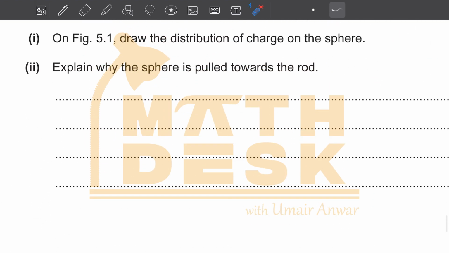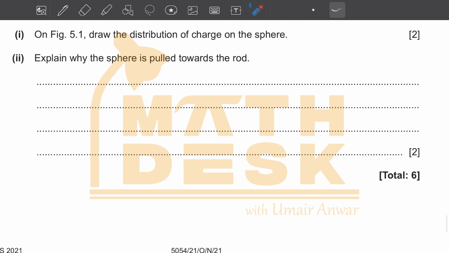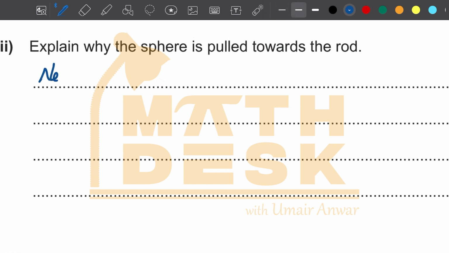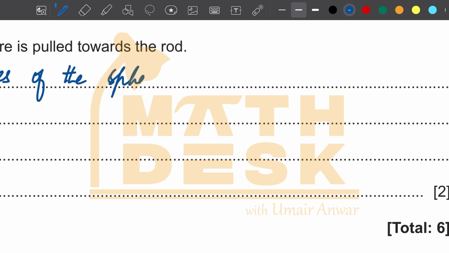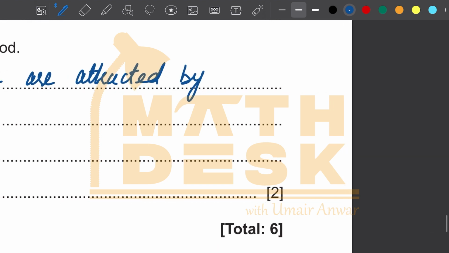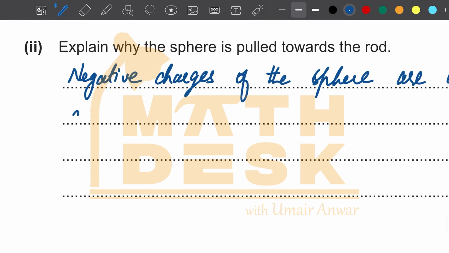The next part says explain why the sphere is pulled towards the rod. So the reason is because of electrostatic charges. We have negative charges of the sphere attracted by positive charges of the rod,